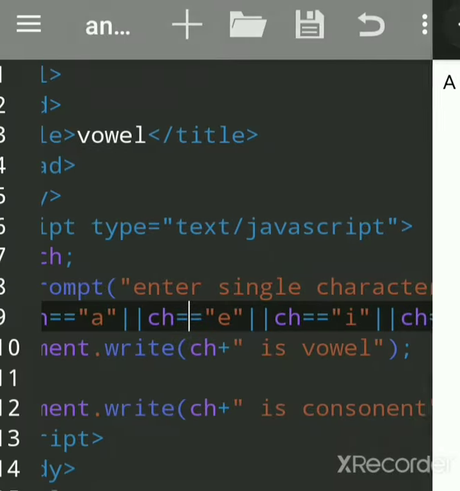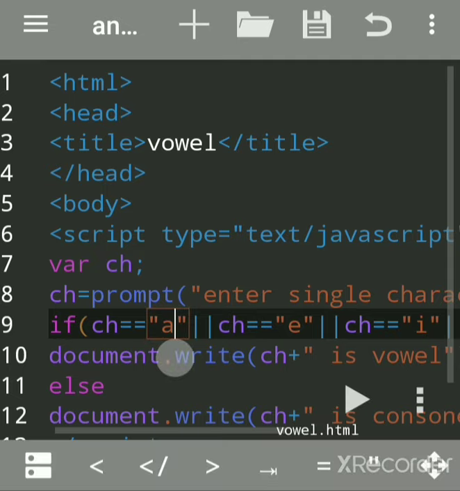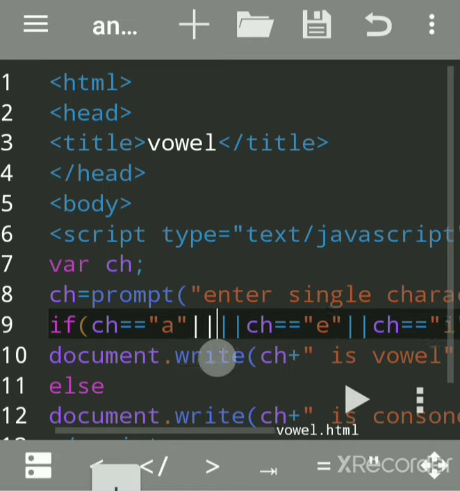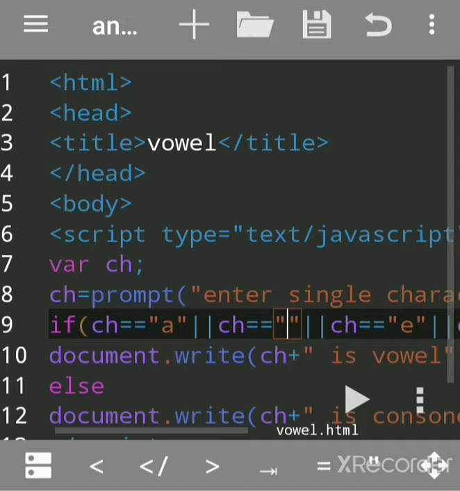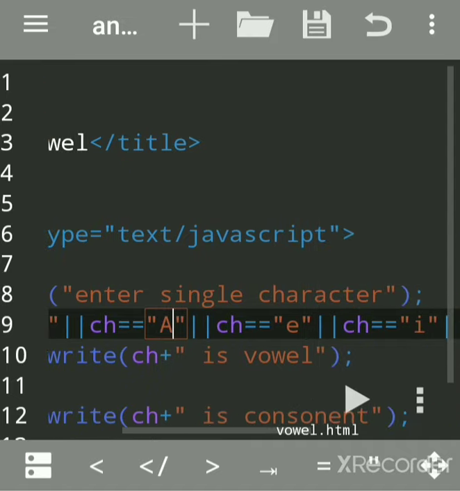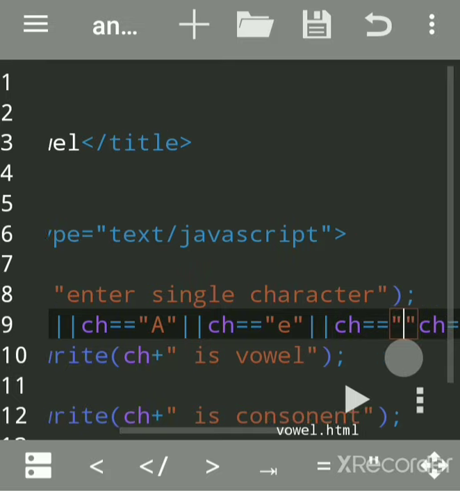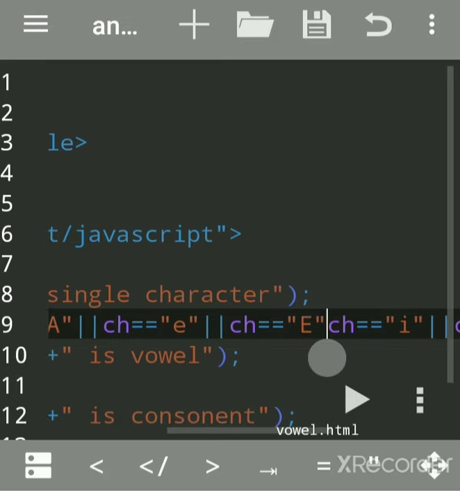So we have to include capital letters in the condition as well. We will add more pipe signs here: ch is equal to, this is called the equal to operator, capital A, then we will write for E also. ch is equal to capital E. Now even for capital letters the message will be printed as vowel.